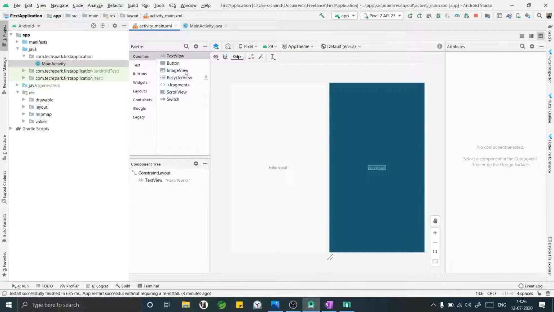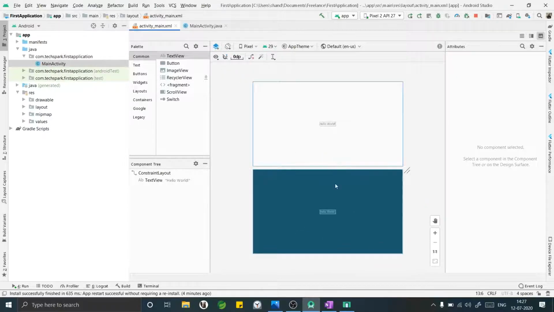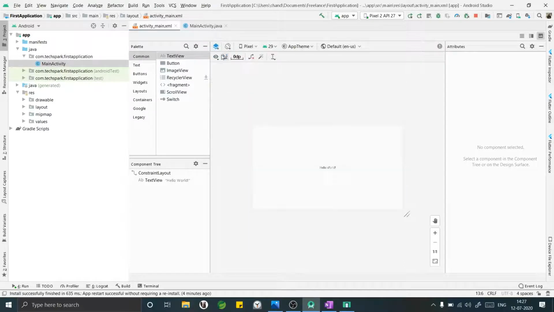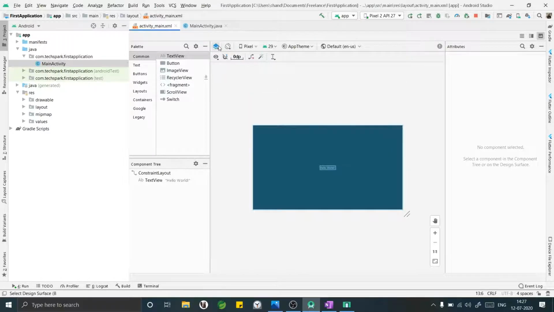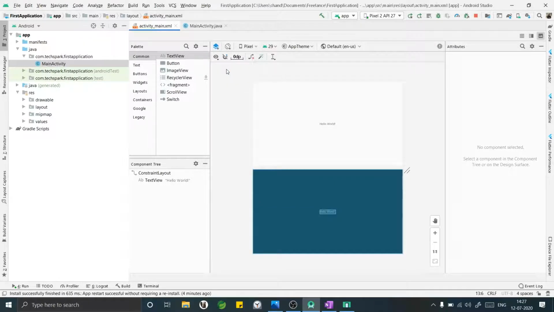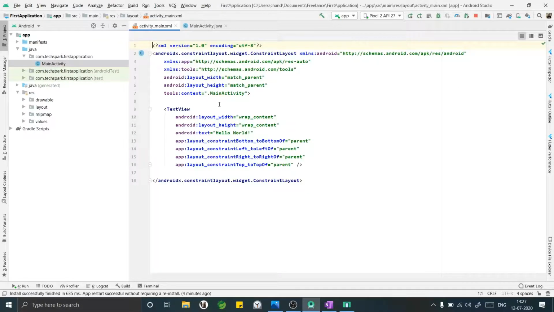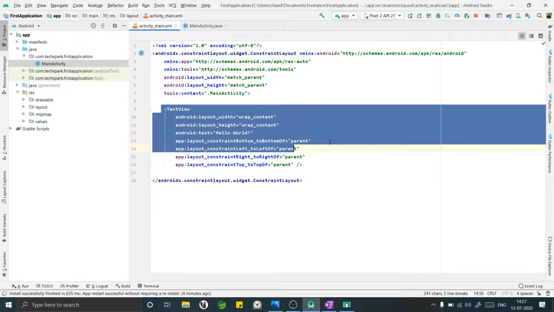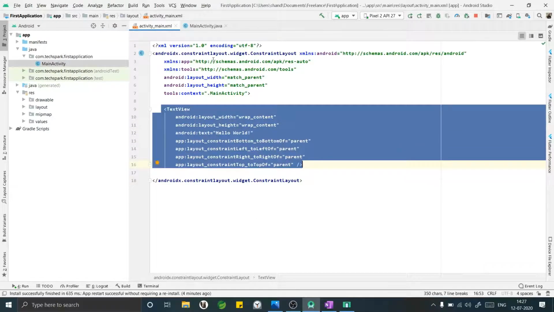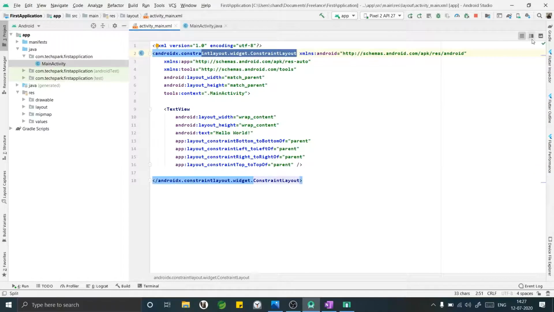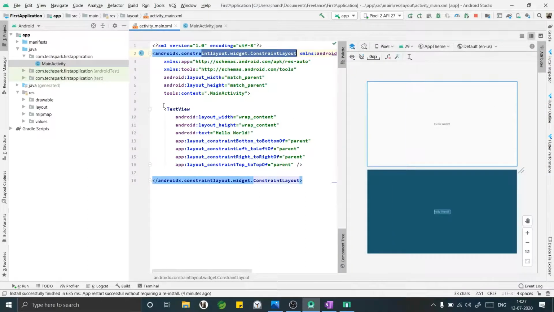Here, you can have three types of views that Android Studio provides. This is the complete view that you will be able to see. And here, if you want to make it landscape mode and see how your activity looks, you can see. You can see only the design, or only the blueprint, or both of them. This is the view where you see only the code. There is only a text view and this is in a constraint layout. Now in this particular view, you will be able to see both the code as well as the layout view.